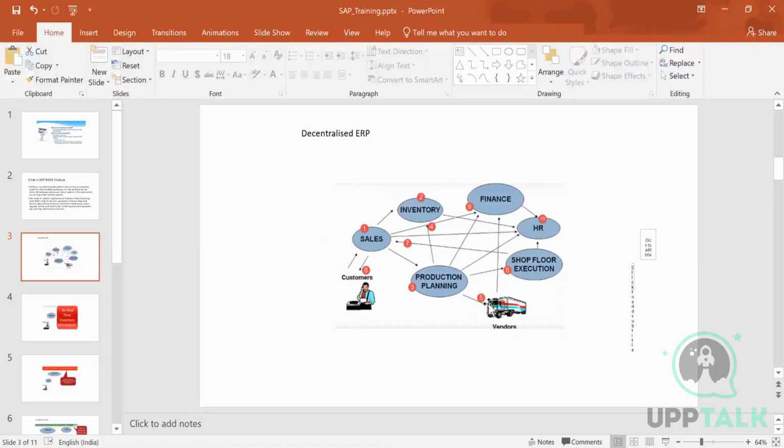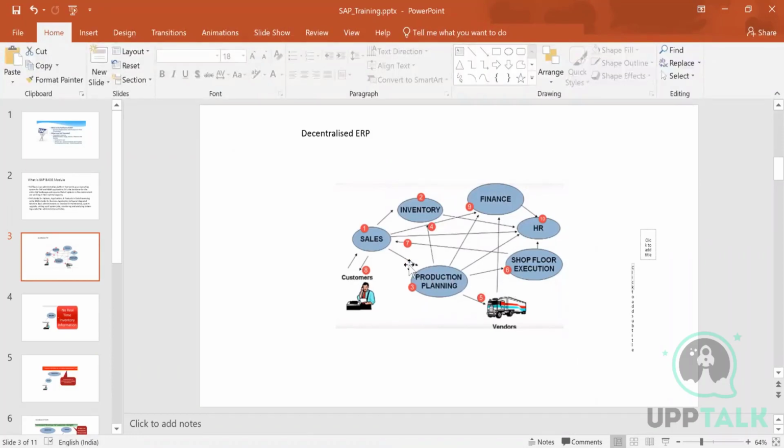The vendor will give information about when these will be available. Then the vendor's information goes to production planning, which will call finance about the cost, and then it goes back to production planning. Once everything is fixed with the budget and the vendors,